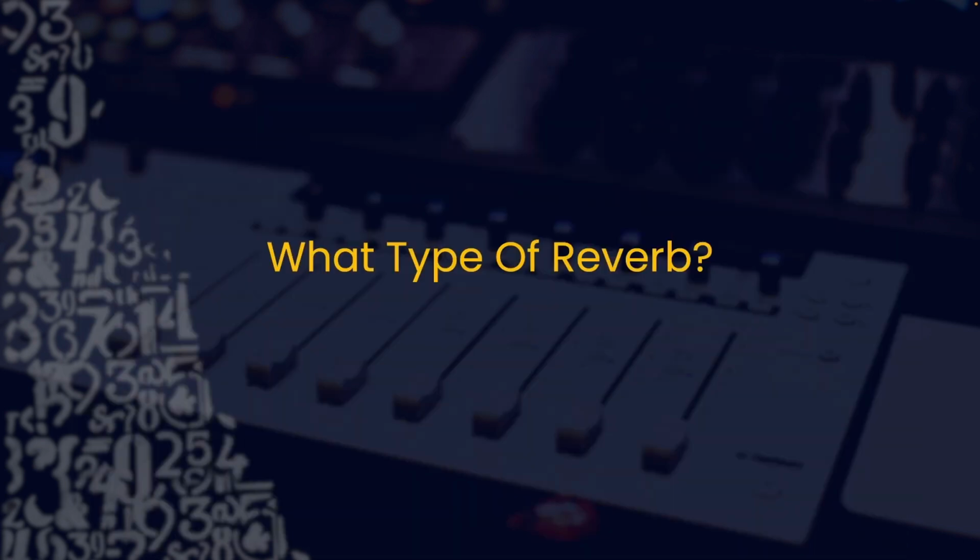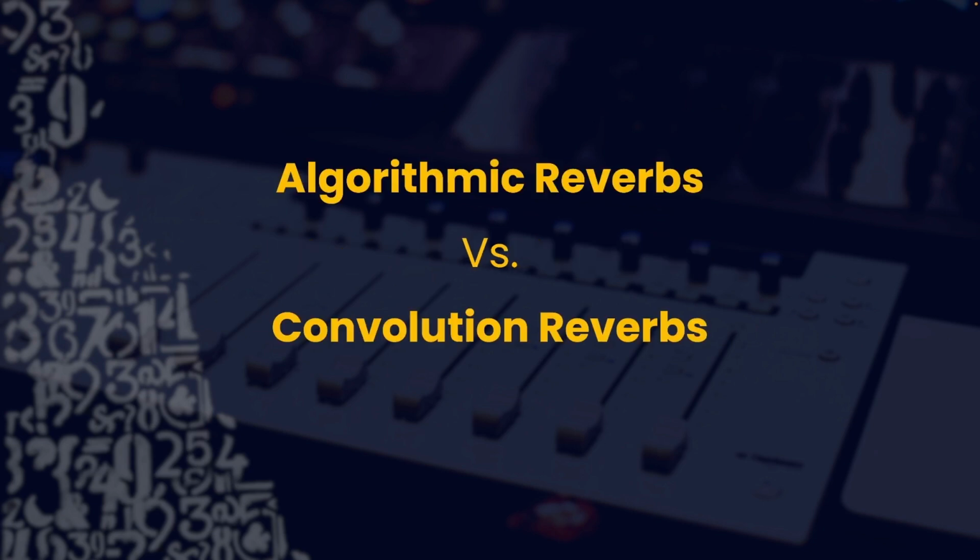There are two types of reverbs that exist in the DAW and plugins, and these are algorithmic versus convolution reverbs. Algorithmic reverbs is essentially, as the name would imply, just an algorithm. It's taking in sound and then using an algorithm to produce some sort of reverb on the back end that is meant to loosely relate to a real life space, versus convolution reverbs, where an acoustician actually